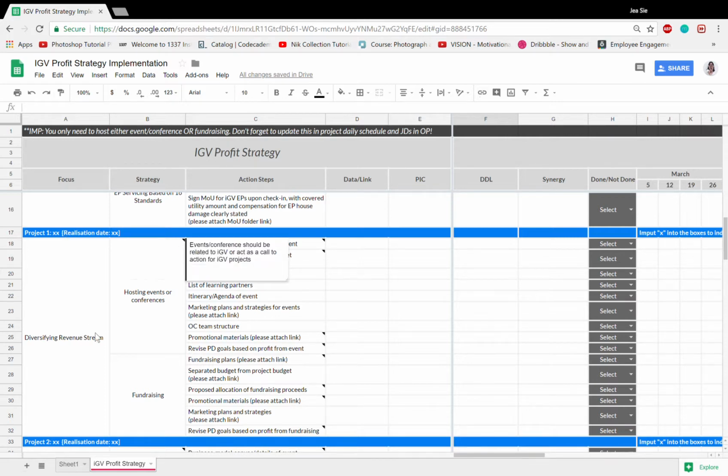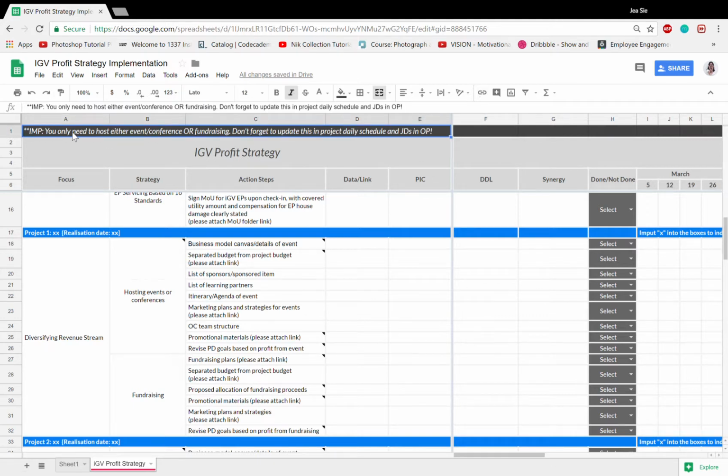For each project, ideally you should have one way of diversifying revenue, be it through events or fundraising. A very important note is that you will only need to choose to either host an event or fundraising. We do not want you to have both at the same time, because we want you to focus on really making it better, to get more profit, and at the same time not create so much additional JD on your OC